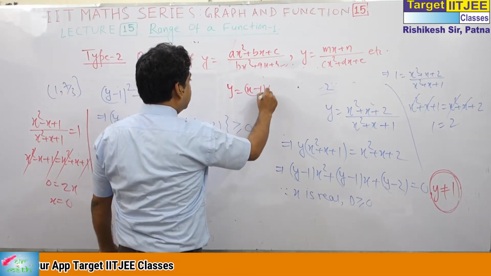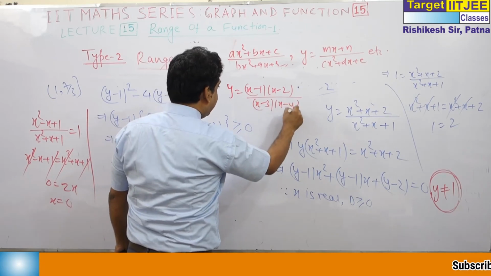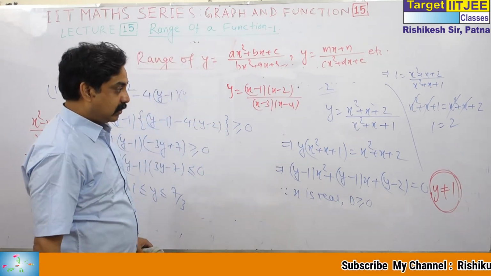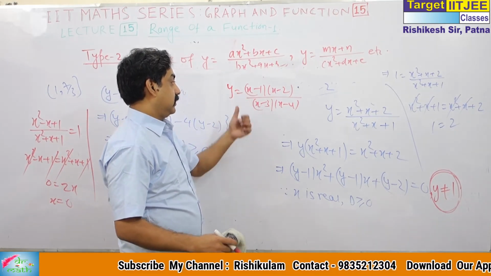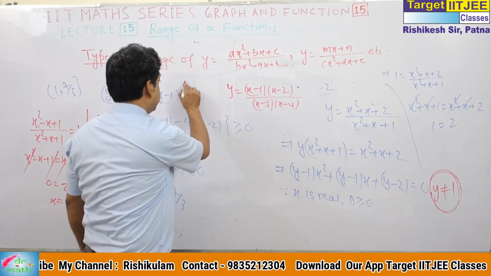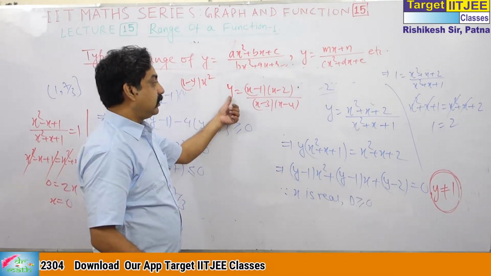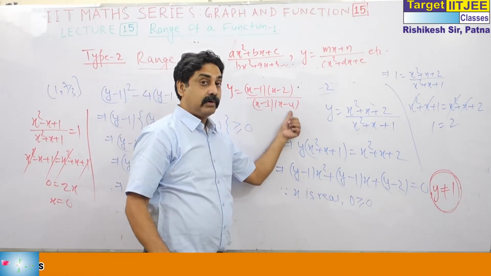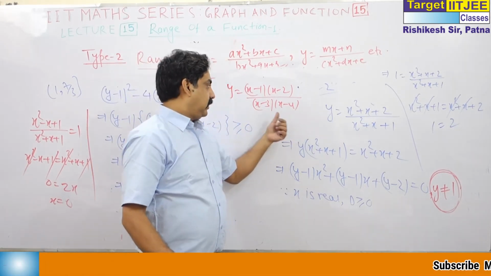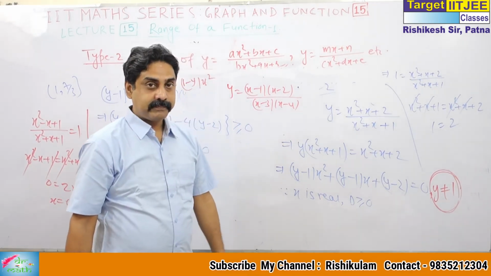Suppose you have to find the range of such type of question. This is not defined at 3 and 4. So you have to check first of all the coefficient of what? Of x square. Here you also get 1 minus. So you check y is equal to 1. And you have to also check what happens when x is equal to 3, x is equal to 4. It will just make an interval open or close.